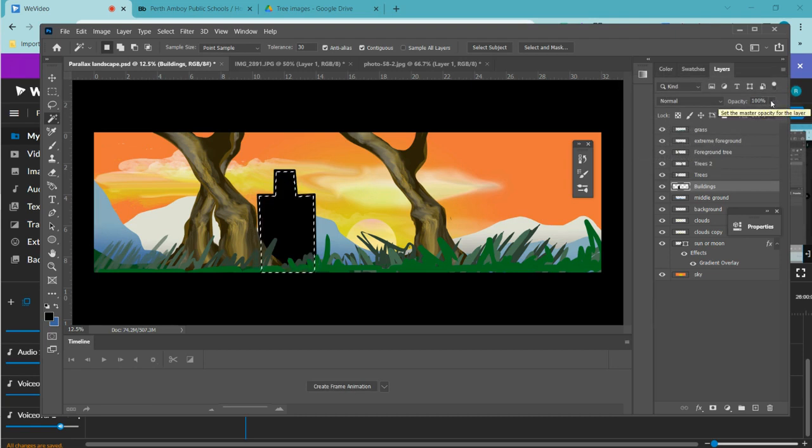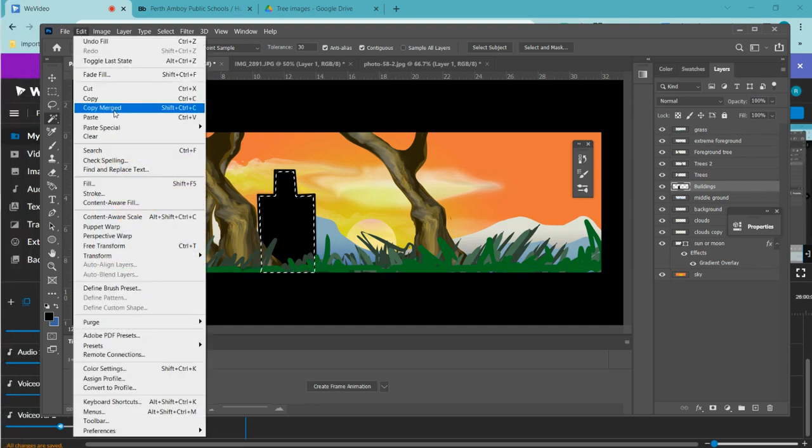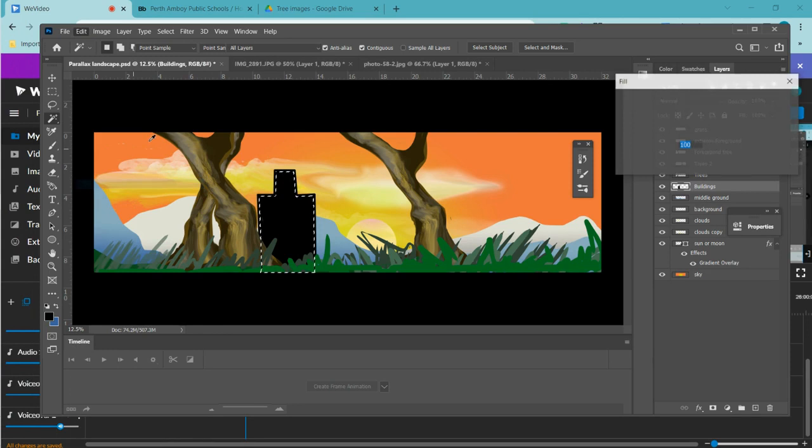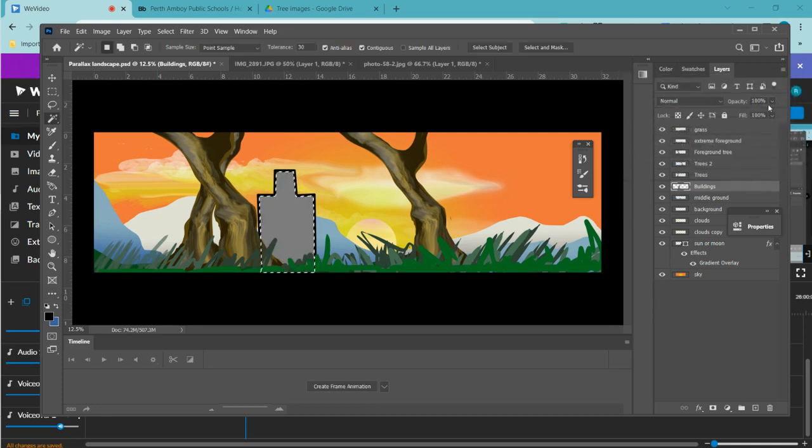which looks okay, but I think I need it to be a little bit faded. So instead, I'm going to do edit fill. And instead of black, I think I'm going to pick 50% gray. All right, not bad. Maybe I need it a little darker. So I'm going to do